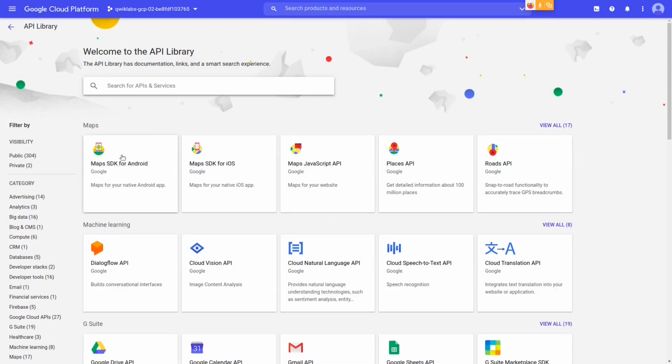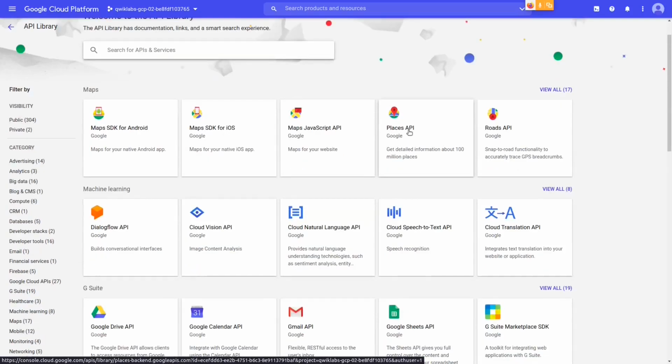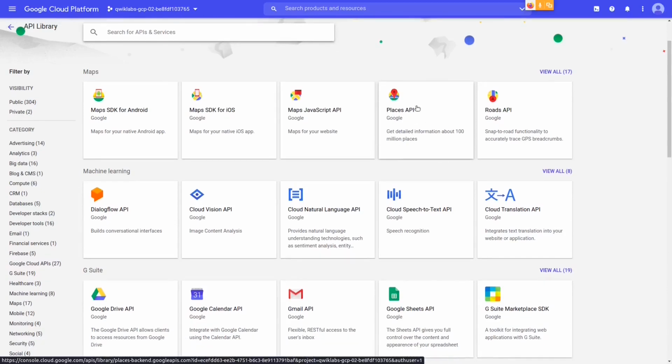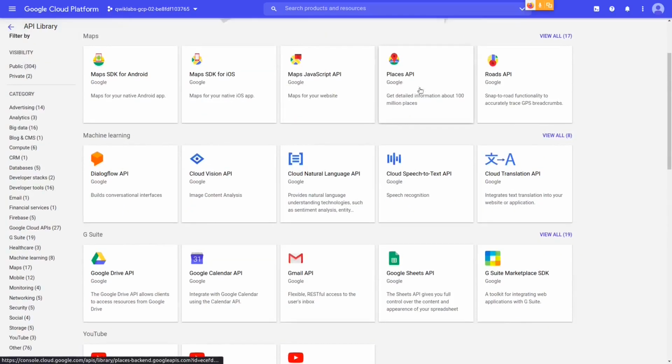They have a maps feature, which is by Google, obviously. So they use this API for the information of maps. Places API is when you search a certain place. Let's say you search for a government hospital, and the list pops up. This is the API they use. This is the API Google Search uses, and many other applications use this API to generate places.